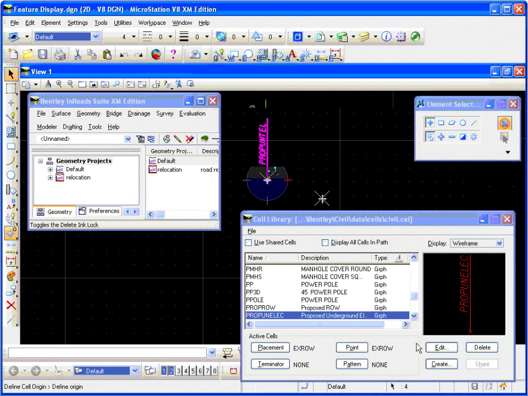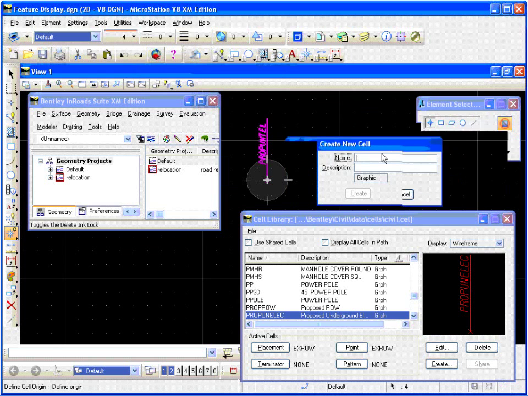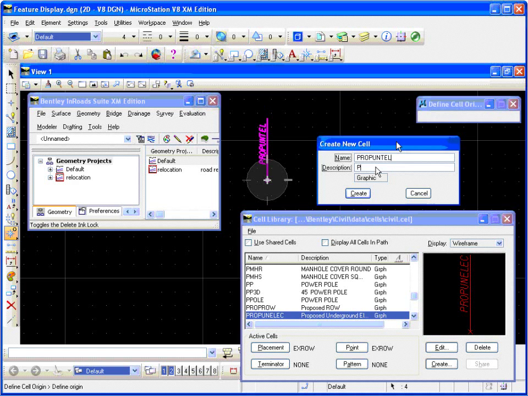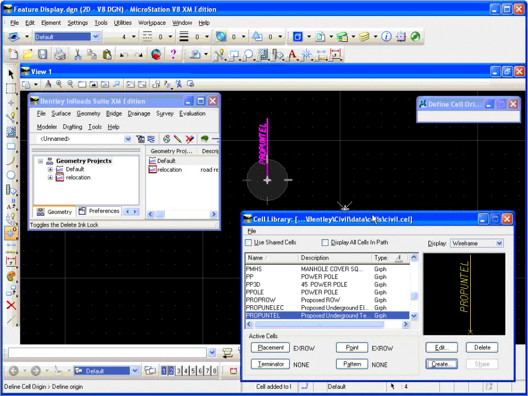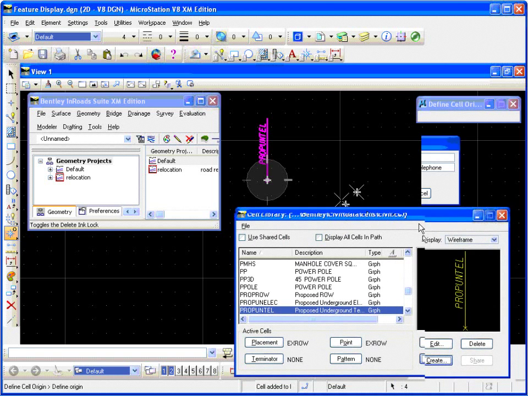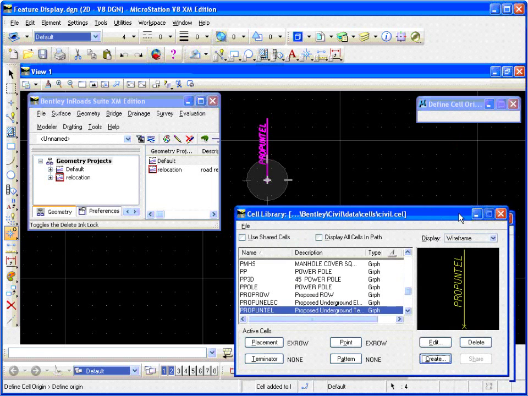Okay, and we'll create this new one. Okay, so proposed underground telephone, and give it the description. Okay, and create. And now we have the 3 cells created for our proposed right-of-way, our proposed underground electric, and our proposed underground telephone. Okay, so now that we have those created, we can just exit out of this,